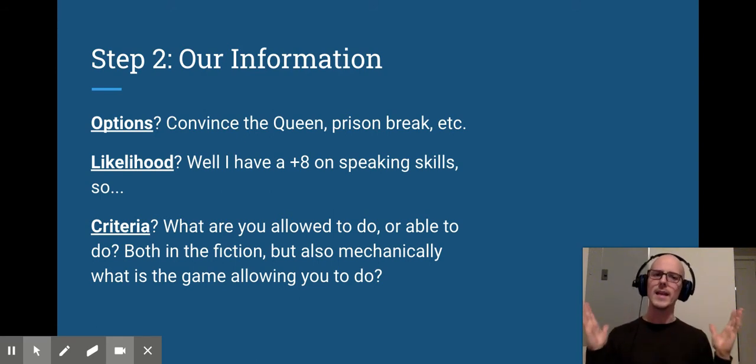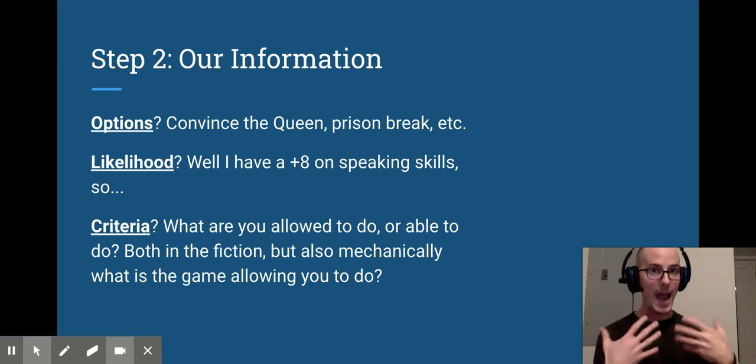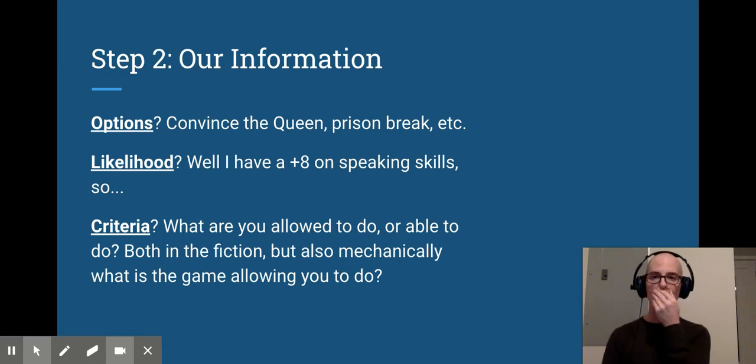When we talk about likelihood in a game, we're talking about probabilities, right? It's at least a game that is going to have some sort of chance component to it. So if we're rolling dice or flipping cards or something like that, then we know that it's not just I say it and it happens. I say I do something, let's see if it actually happens. So when we're thinking about our options here, somebody might say, well,